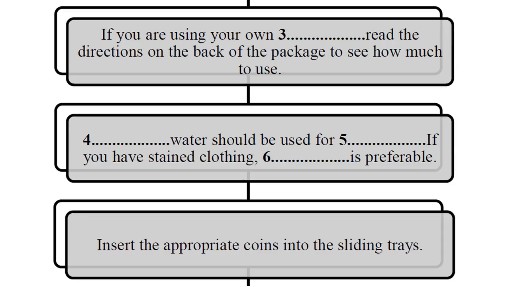Okay, moving on to number 4. Something water should be used for something if you have stained clothing. Something is preferable. At the beginning of the sentence, the subject is water. So I recognize that in the blank, I'm missing an adjective, something that modifies the word water. And then should be used for something. So here, if I'm searching for this answer, because it might be difficult when you have two blanks like this